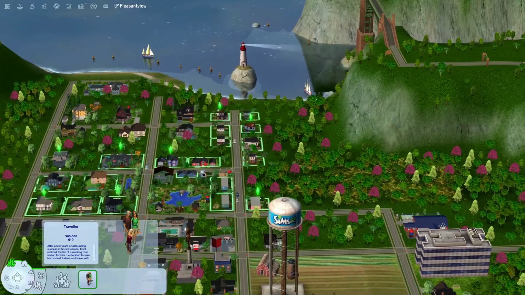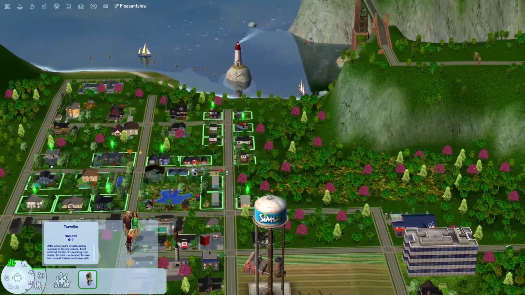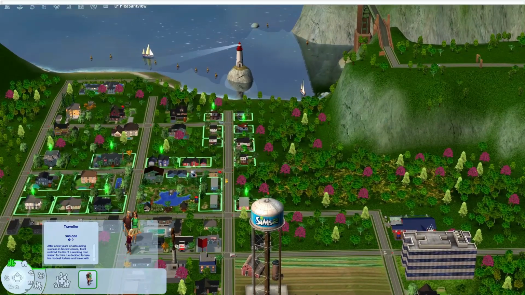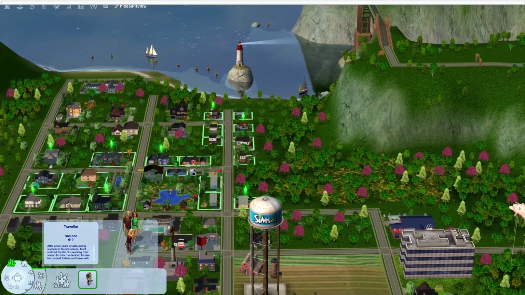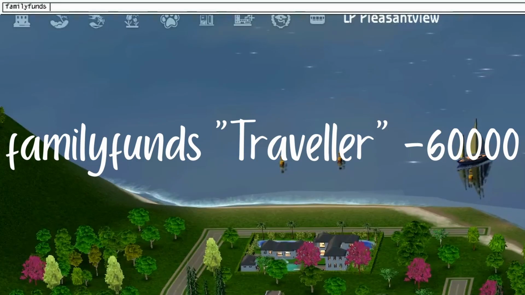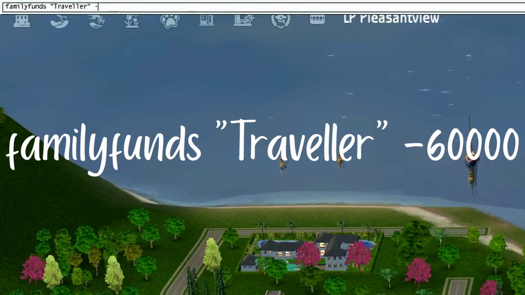own game. As part of creating the household, open up your cheat menu using Ctrl-Shift-C and reduce your tourist family simoleons to 0. You can do this using the Family Funds cheat by typing in Family Funds, space, and then in quotation marks, the household name, for me, that's Traveler, space, the minus sign, and then the amount of simoleons